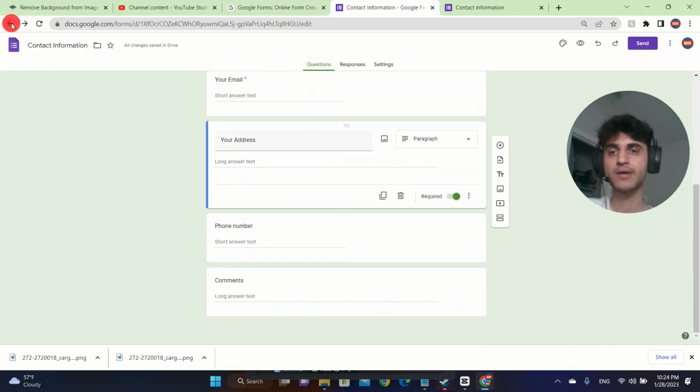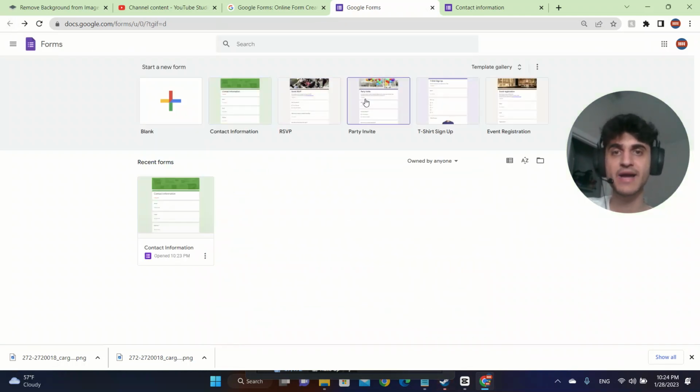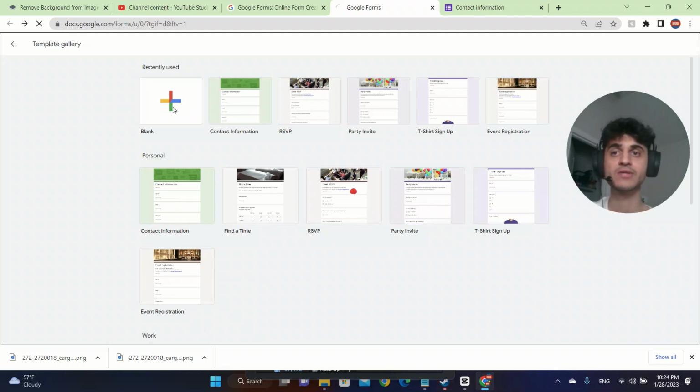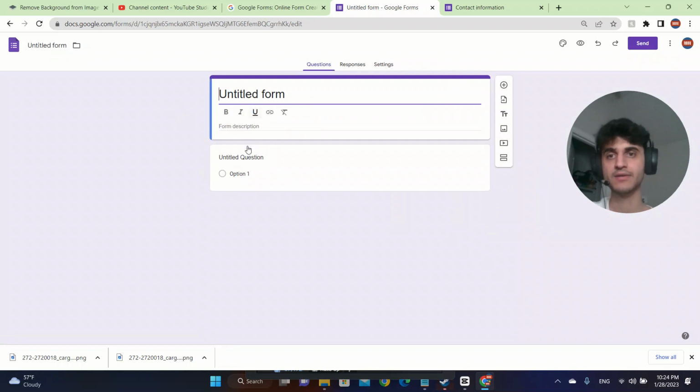And then let's go here and try other things. So there's a template gallery that you can use. You can do a contact information, event registration, party invite, t-shirt sign up, and more. Or you can create your own. You can click on blank, and let's do